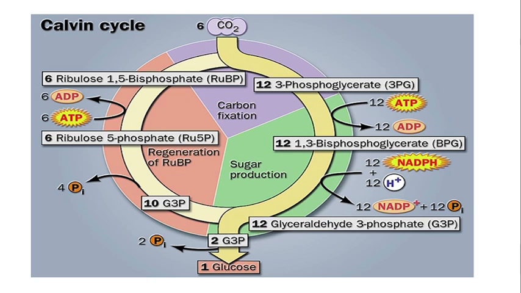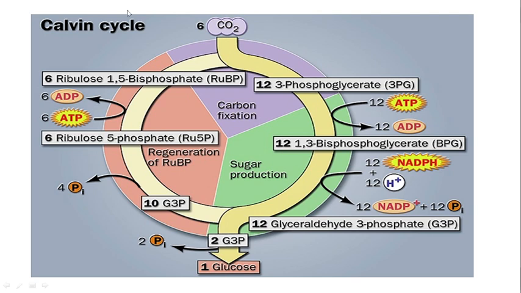This Calvin cycle is also known as the dark reaction or light independent reaction, but it doesn't mean that it is carried out in dark or night. It does not need light, but it doesn't mean that it is carried out in the absence of light. Although it is more efficient in light, when there is a large amount of ATP and NADPH available to be utilized by the Calvin cycle.